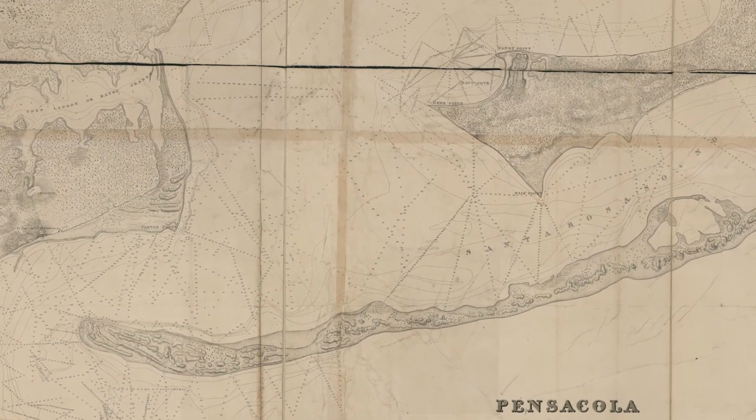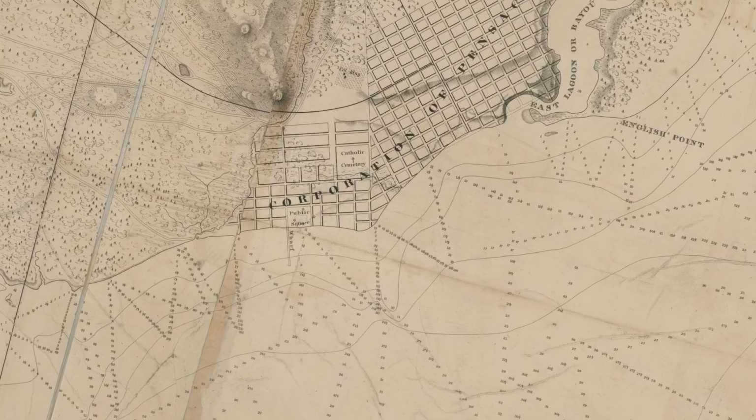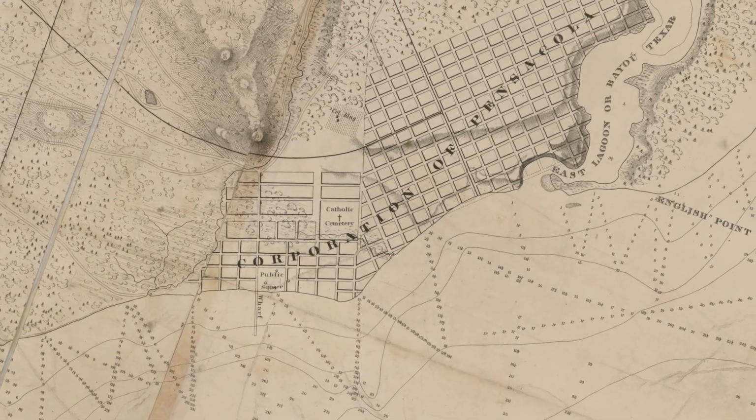But of course, in 1825, Pensacola was still sparsely populated, and Florida was sparsely populated. We'd only become a territory of the United States in 1821. By 1825, there was very little here except the seaport. But the seaport was very busy, we know that. And through the seaport, we think that there's a good possibility that camellias arrived that early, which would place camellias here even before they became planted in Charleston and some of the other places that we thought predated us by at least 25 or 50 years. We do know that camellias were growing here in Pensacola